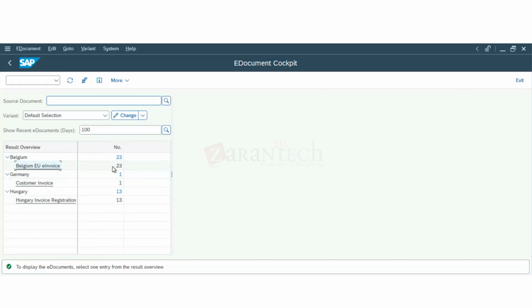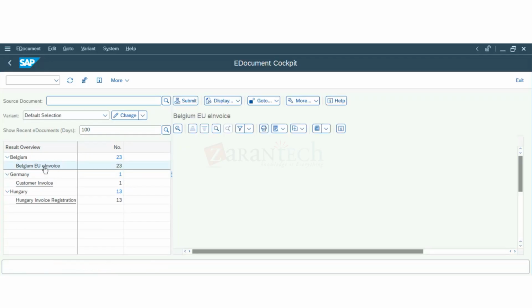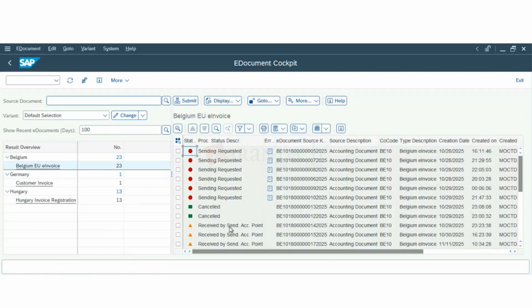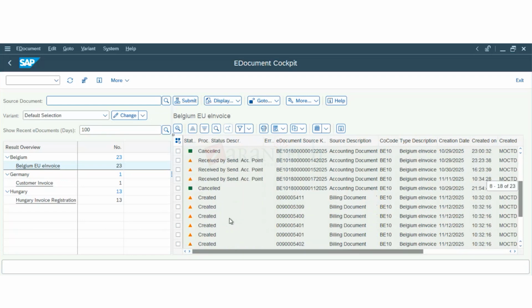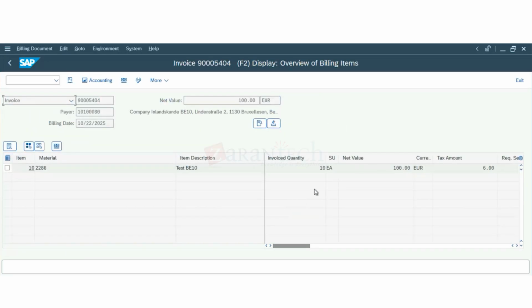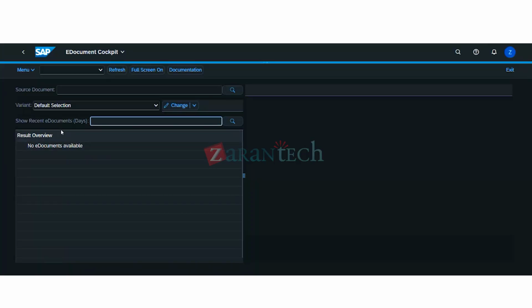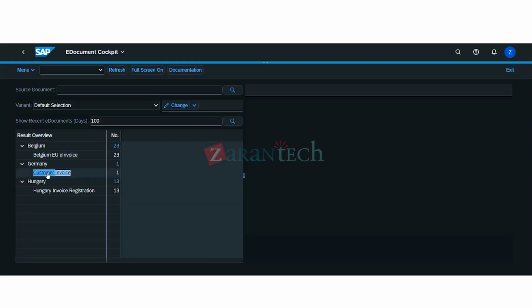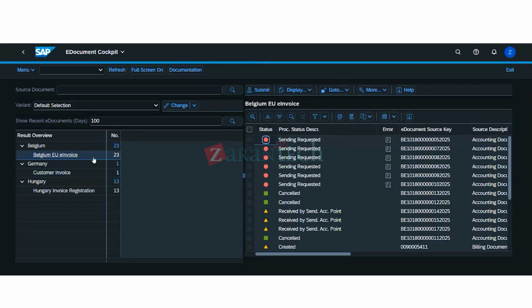You will have a very bad UI from SAP. You will have to traverse through. Again, there are different statuses which are created. You can also navigate to the source from here. All those things which were there previously are still there. So here you can navigate to the particular source document, etc. The same in the Fiori app is available as an e-document view too, but the latest one, which is more